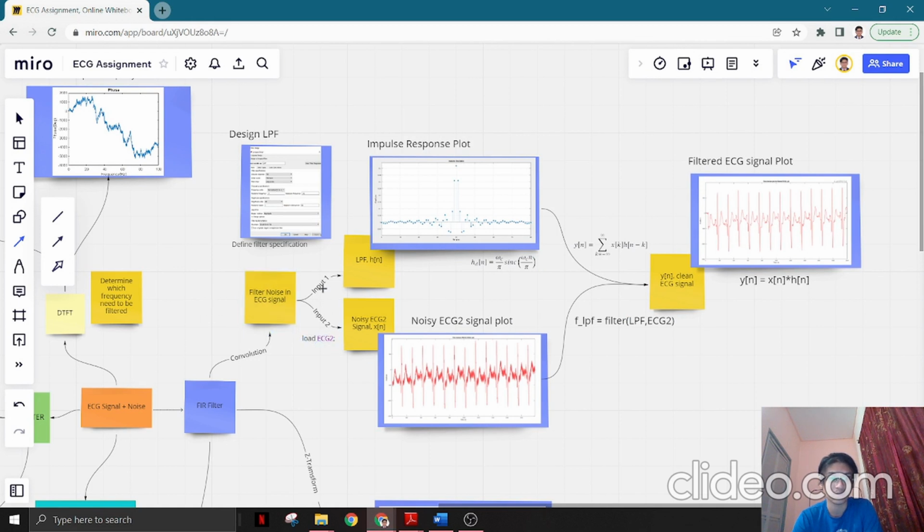So basically we need two inputs, which is coming from the low pass filter that had been designed using the filter builder design in MATLAB, and another input which is coming from the noisy ECG2 signal. The way we can supply the noisy ECG2 signal is to use the load ECG2 in the MATLAB function. So this is the noisy ECG2 signal plot, and this is the impulse response plot, which is developed